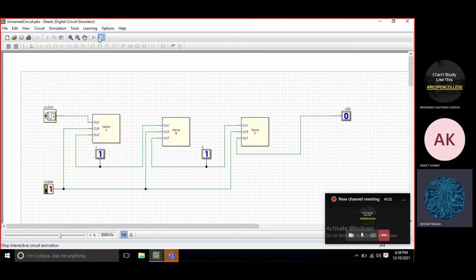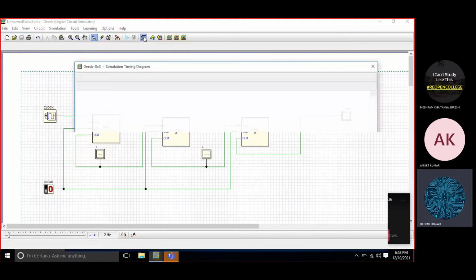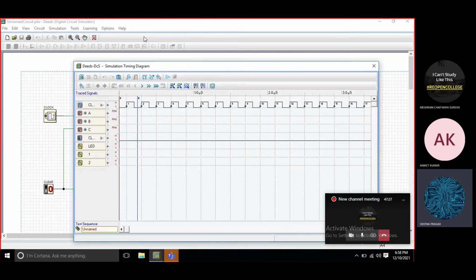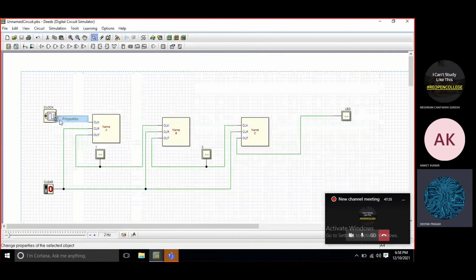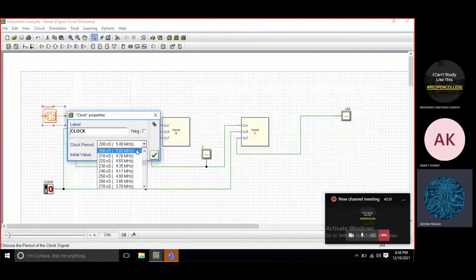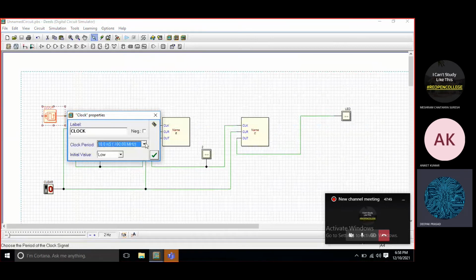Now for the timing diagram, you can go here, this option, timing diagram simulation. You can go here, here the clock is described or given. You can also make a property, go to the clock property, make a frequency as 100 megahertz.